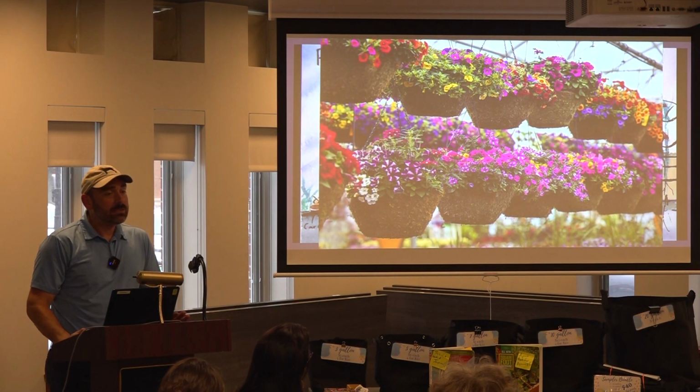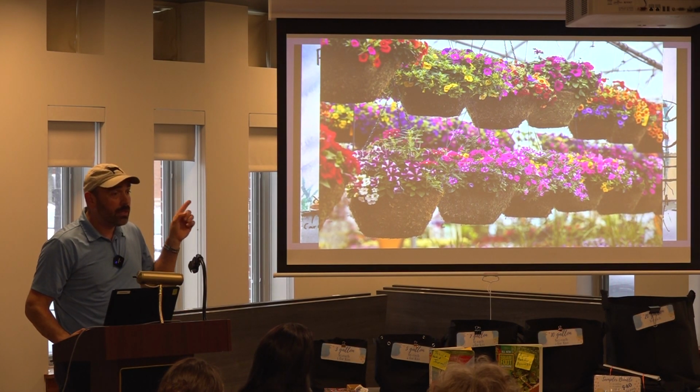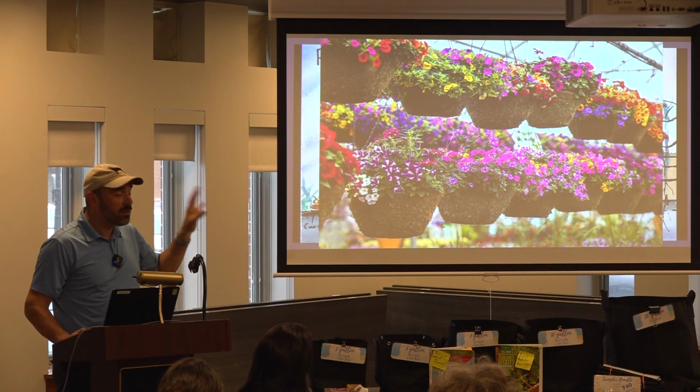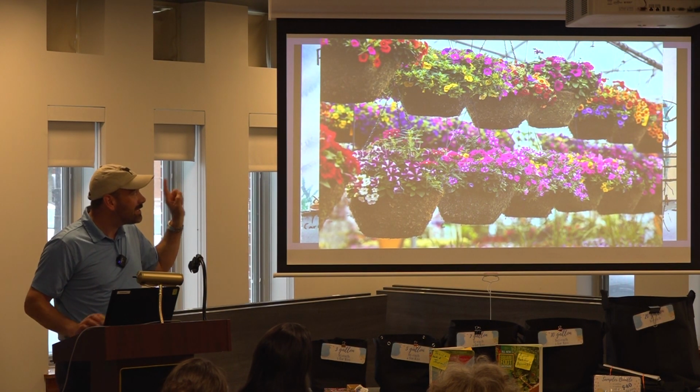But yeah, containers. I do want to recognize, container garden, absolutely. These are living their entire life all summer long in there. Everything that they need is in there except